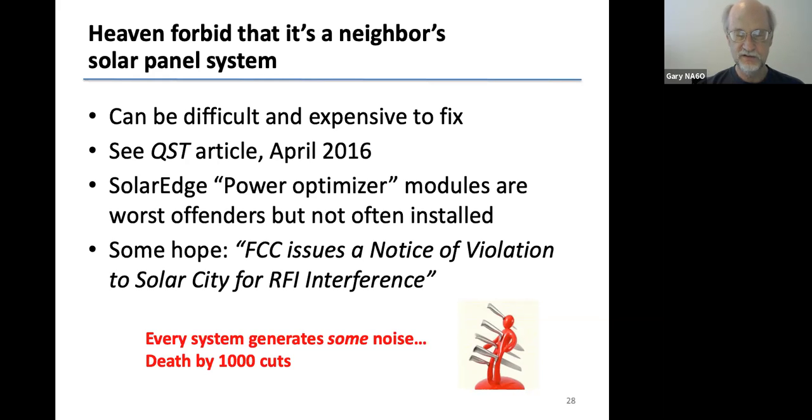They don't really increase efficiency very much, but they do increase the cost of the system, and they love to sell you these things. So instead of just having one big inverter down on the side of the house, you still have that one, but now you have many little inverters on every single panel. Either they can generate broadband noise, but in the case of SolarEdge, they actually generate noise over 200 kilohertz because of their